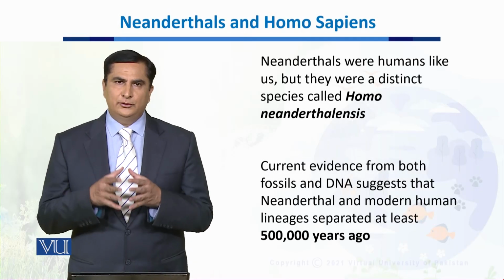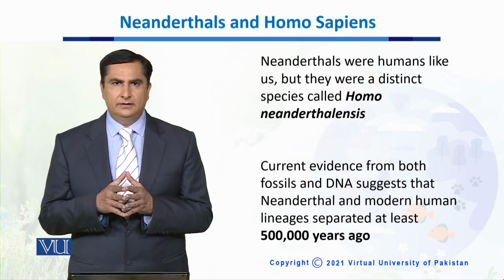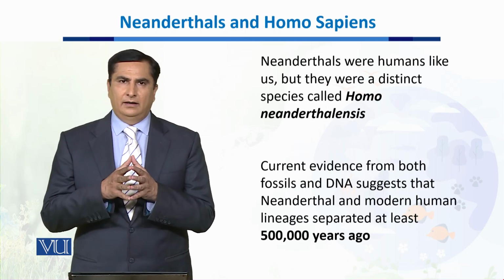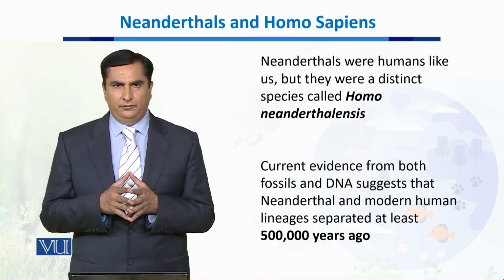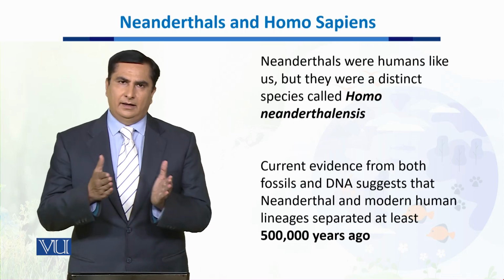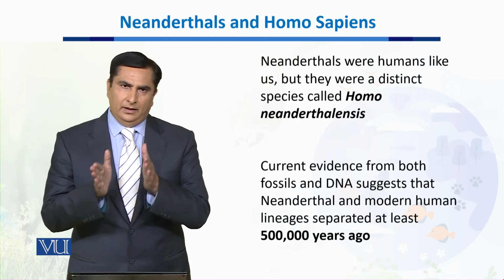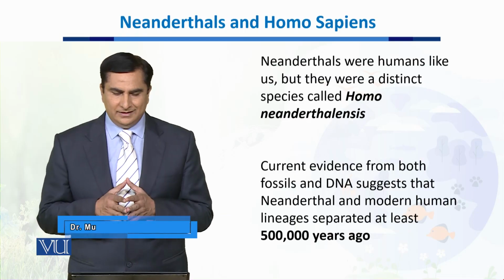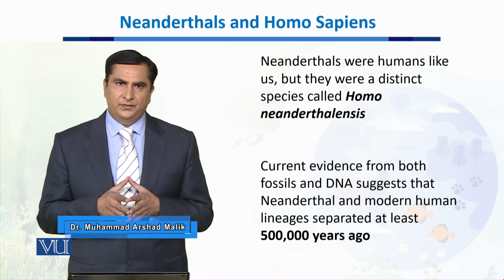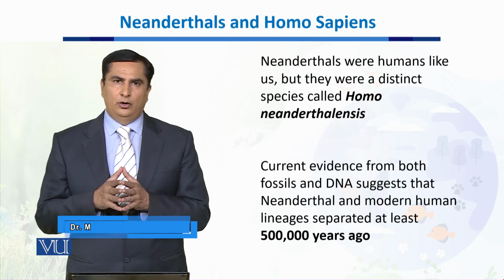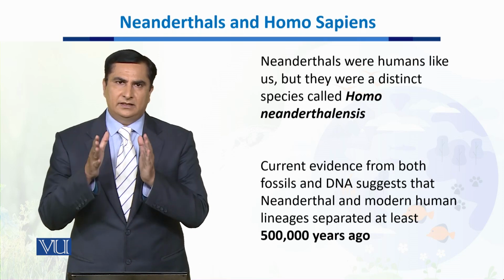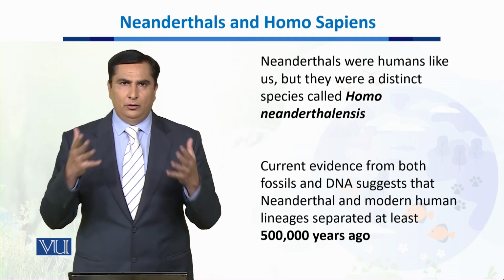Dear students, in this unit we will talk about the Neanderthals as well as Homo sapiens. Now, Neanderthals are a closely related species of humans or Homo sapiens. They are a distinct species other than Homo sapiens or humans, and their species is known as Homo neanderthalensis. Homo neanderthalensis and Homo sapiens share common ancestry, which means their ancestors were the same, but with evolution,